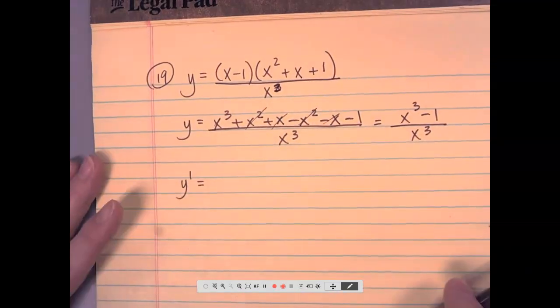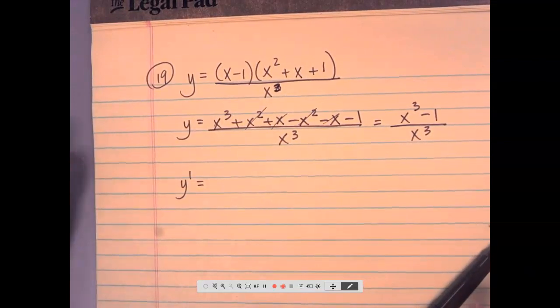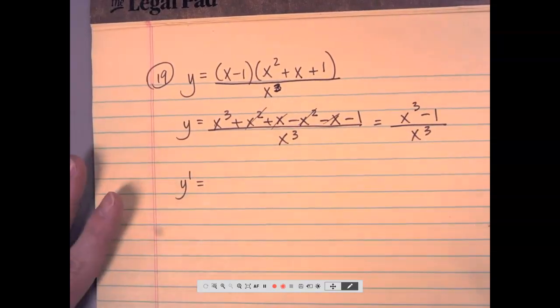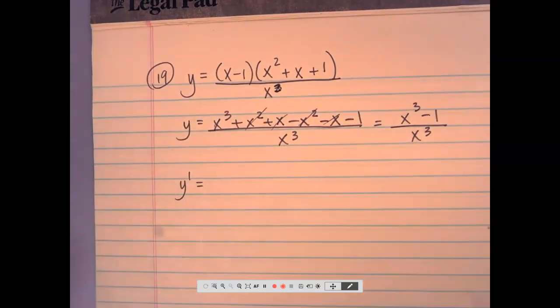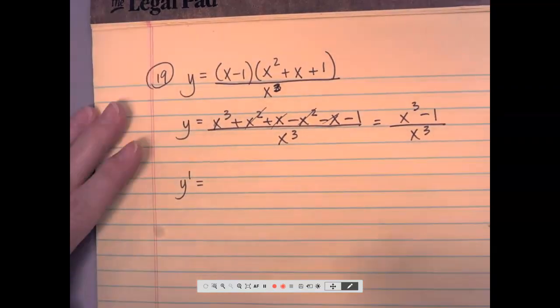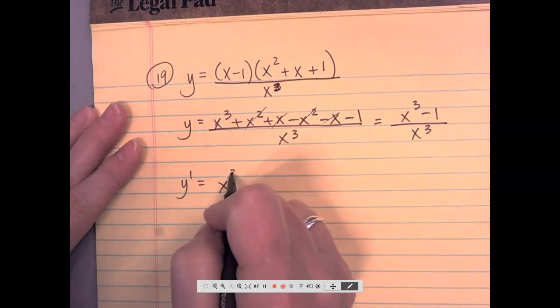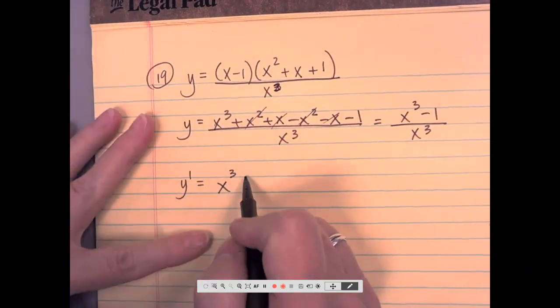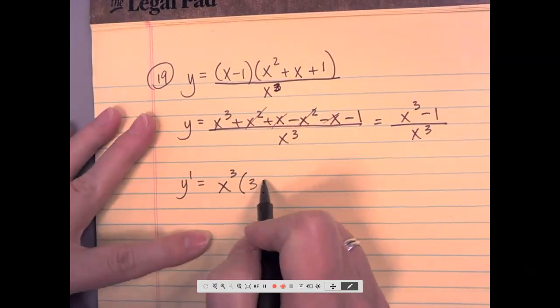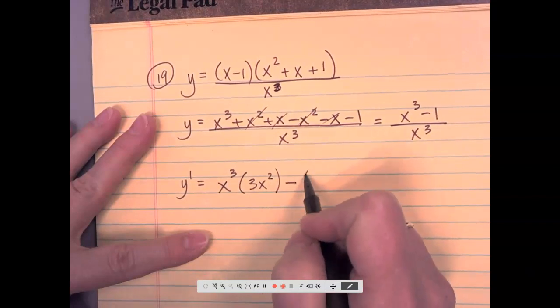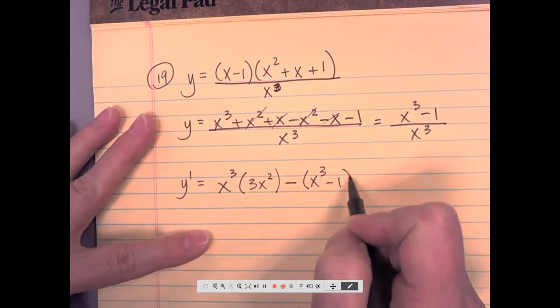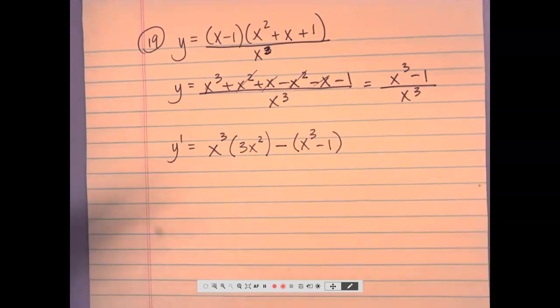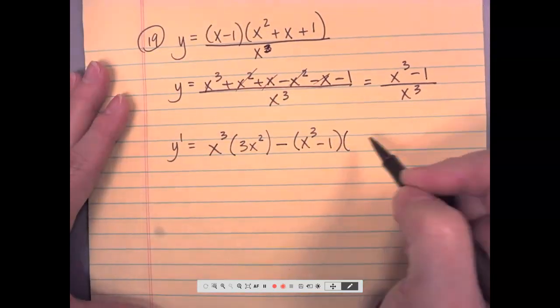Do you remember the rhyme? Low D high minus high D low over everything squared below. Over the square of what's below. I was just trying to think of the words that I was using, and then my brain got jumbled. Okay, low D high minus high. Now make sure that that x cubed minus 1 goes in parentheses because there's more than one term. And then D low